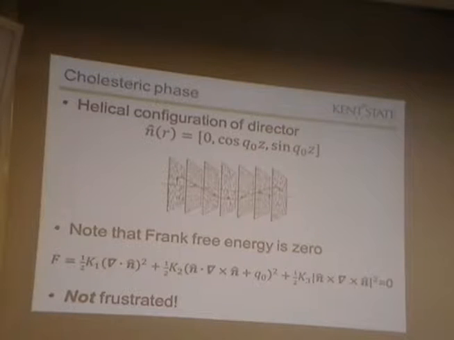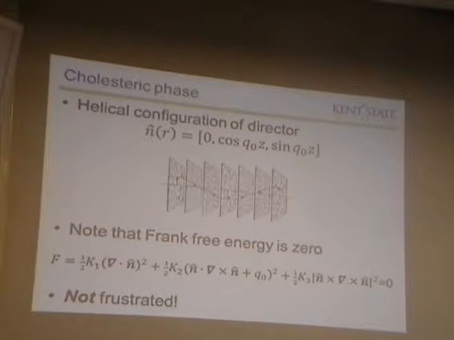So I would say, in that sense, the cholesteric phase is like the luckiest phase in the world, because it gets exactly what it wants everywhere. So, when was the last time you wanted something complicated and you got exactly what you wanted? I mean, it doesn't happen that often. And it doesn't happen that often for phases either. Phases generally are not able to achieve complicated modulated configurations everywhere, but the cholesteric does.